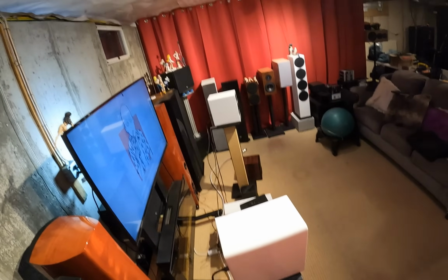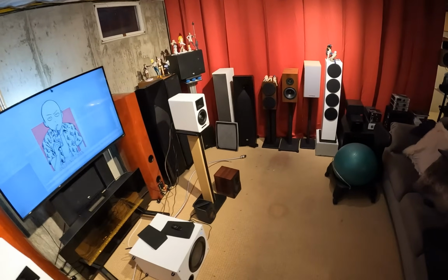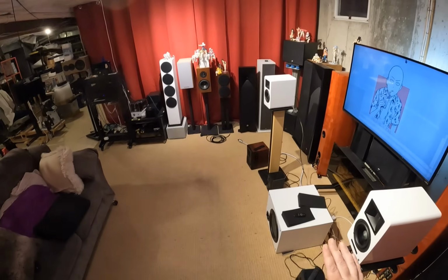I mean, that's it. It's overpriced. If these were $500 a pair, I'd easily tell you to buy them. Easily. But like I said, that tweeter...